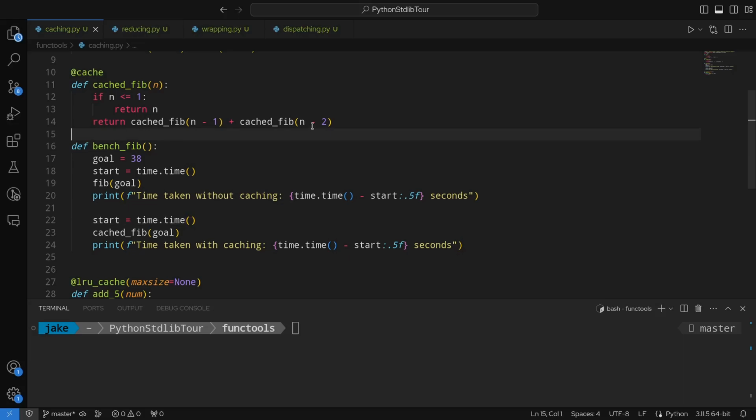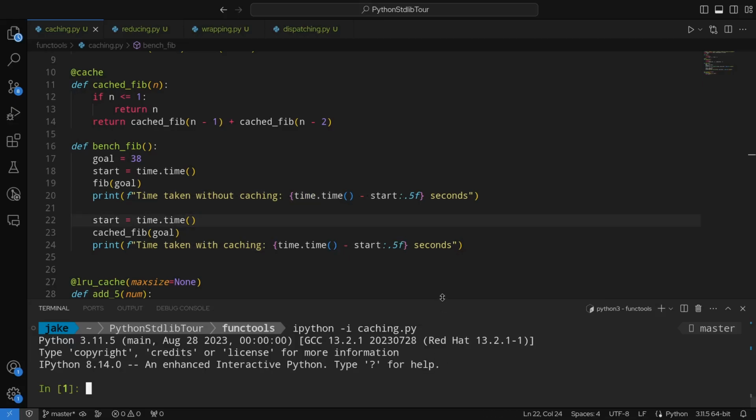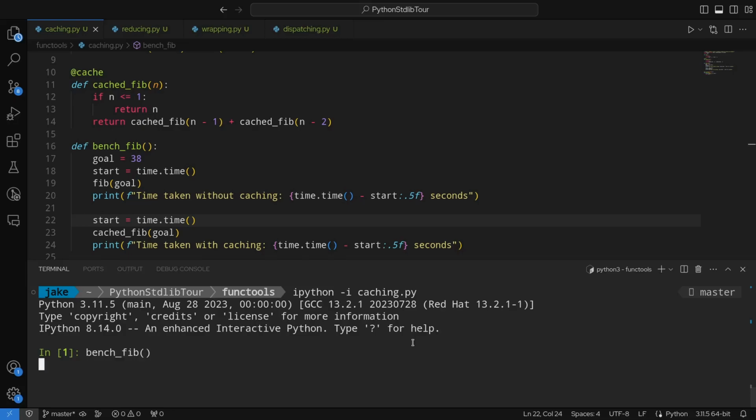And there we go. We have a simple benchfib function, which is going to get the start time. It's going to run our Fibonacci function up to the goal. It's going to print out our time taken without caching and then with caching. So if we load this up again and run benchfib, you see it's taking some time to calculate it. And look at that. Without caching, we're up to 6.816 seconds, but with caching, we're all the way down to